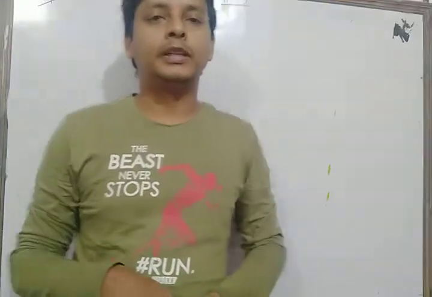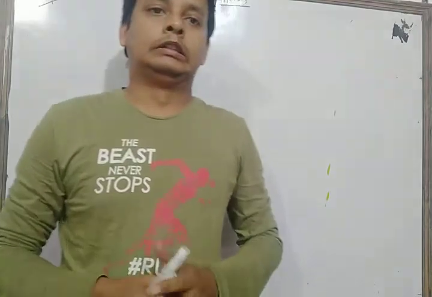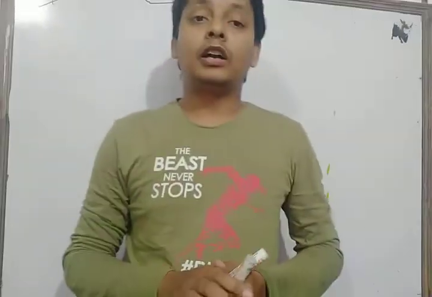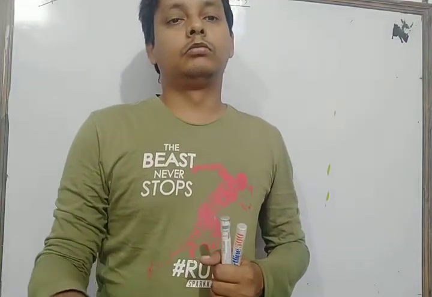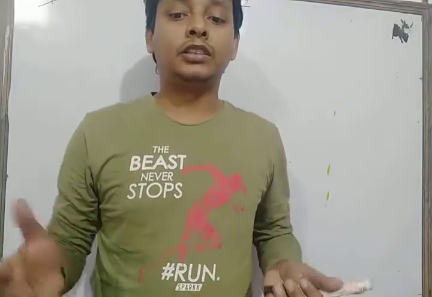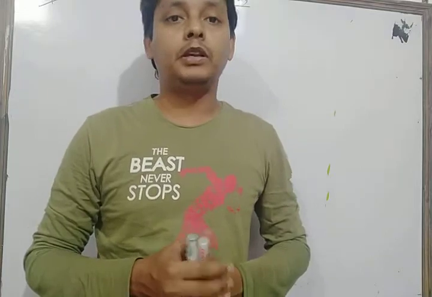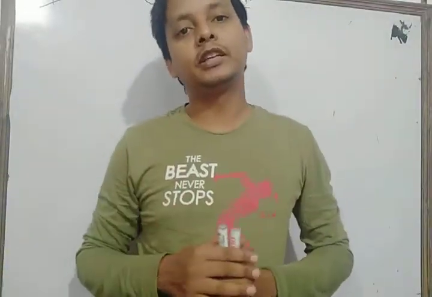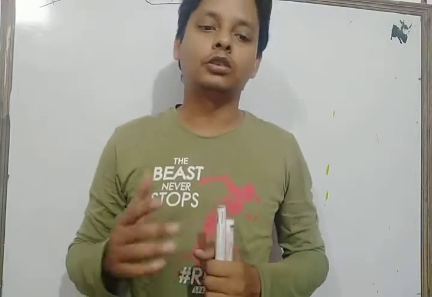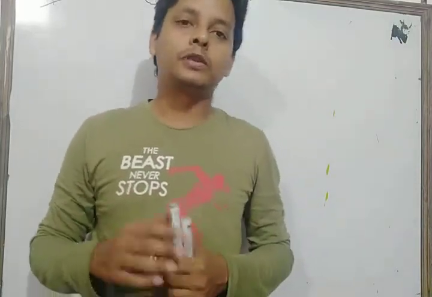In the previous class we discussed the chapter arithmetic progression, and in that chapter we discussed the general term of an AP. We also discussed the general selection of terms which are in AP. Suppose three terms are in AP, we always take the three terms as A minus D, A, A plus D, and so on, and we solved some questions based on them.